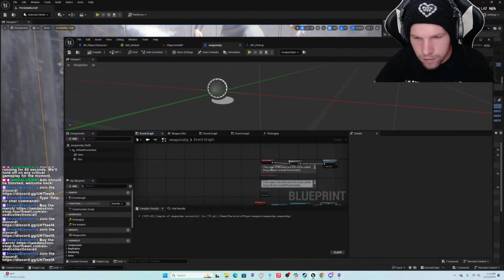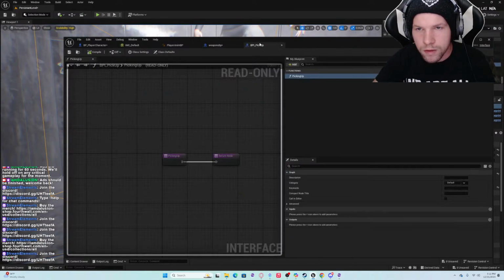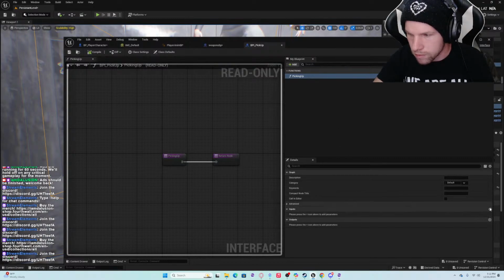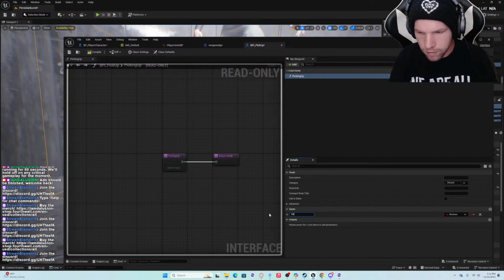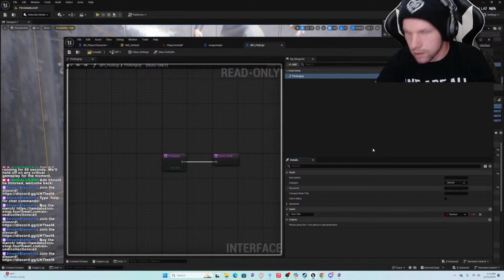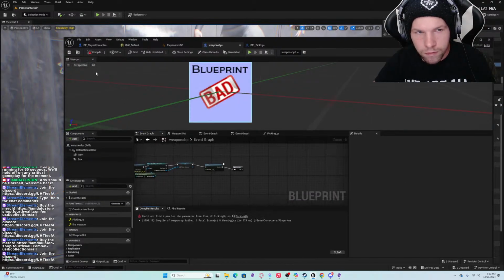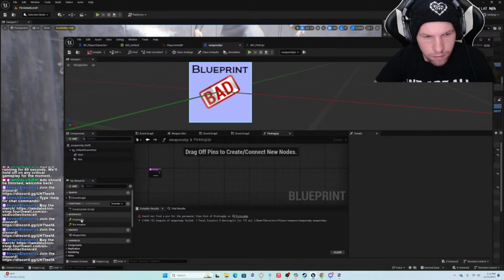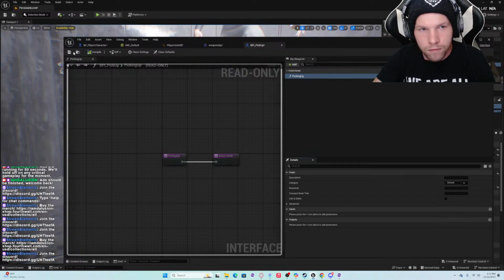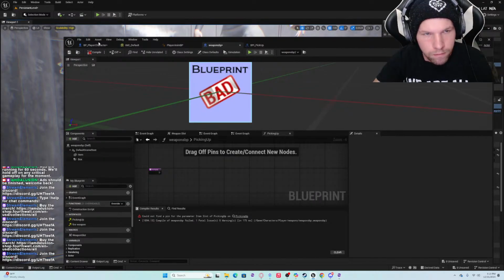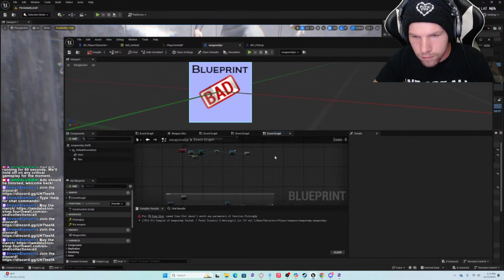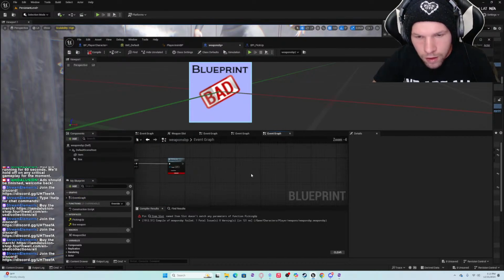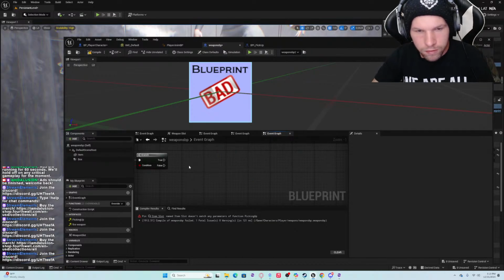We saved it. So I think we want inputs, item slot. No. I love not knowing what I am doing.